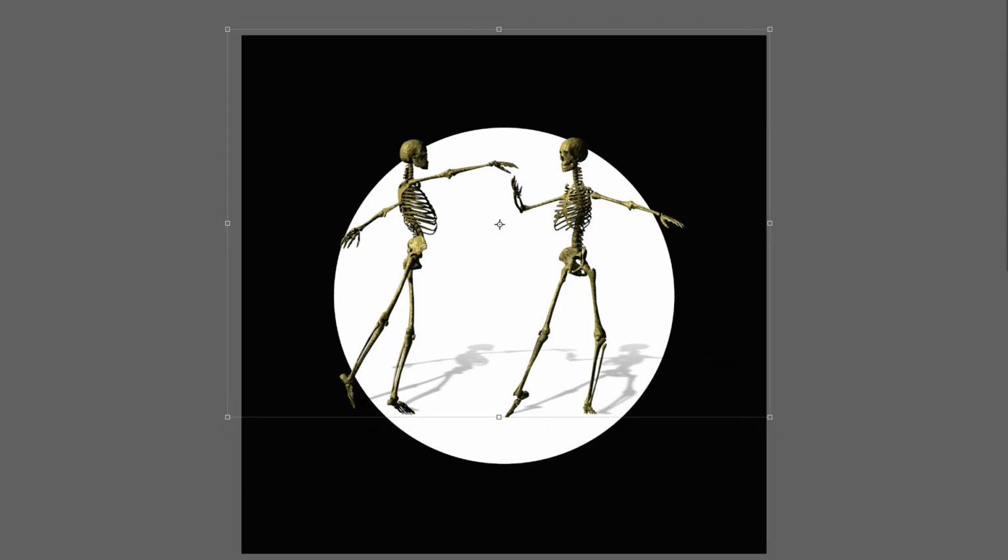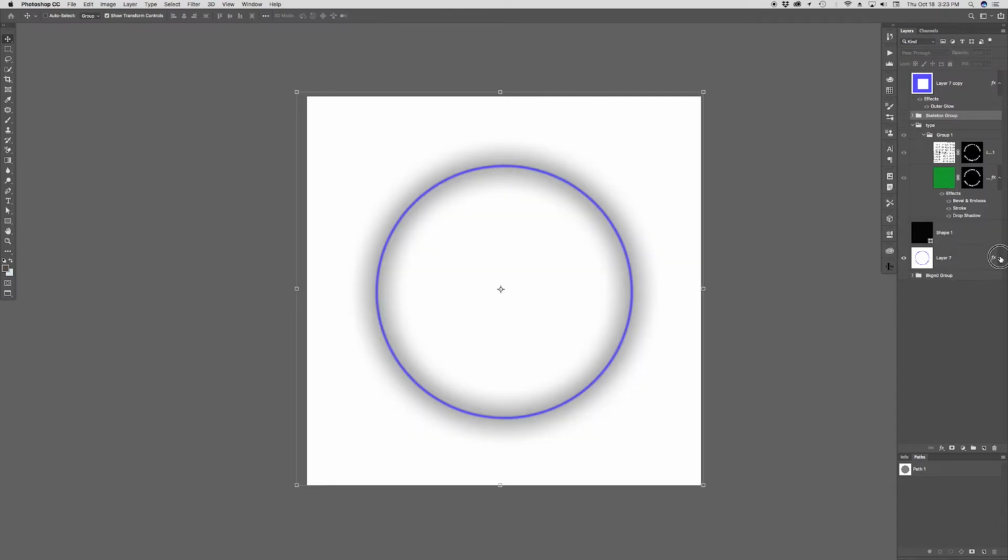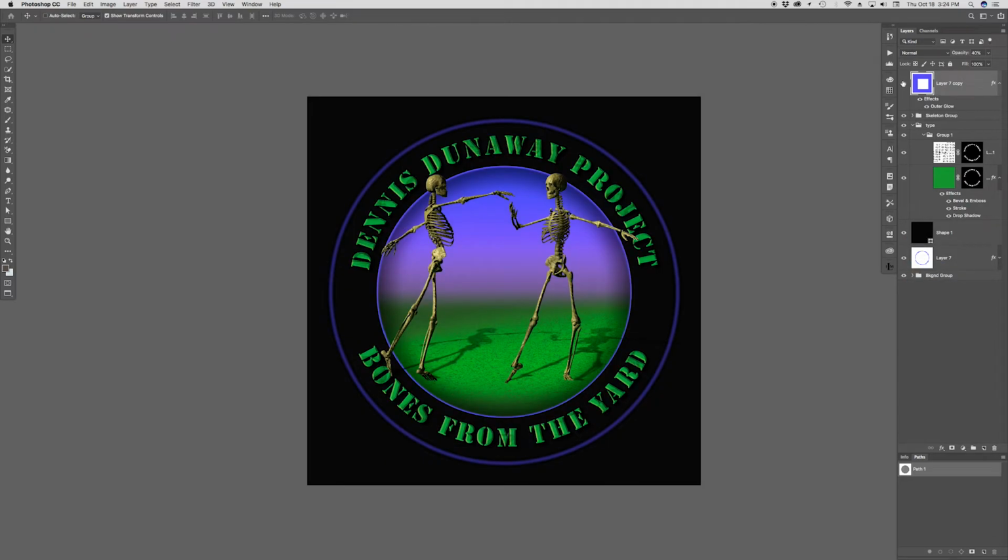Let's give all this stuff back. This circle is kind of cool because all it is a path, and it's got an outer glow on it. That's how it was put together. If I so wanted, I could take these skeletons and